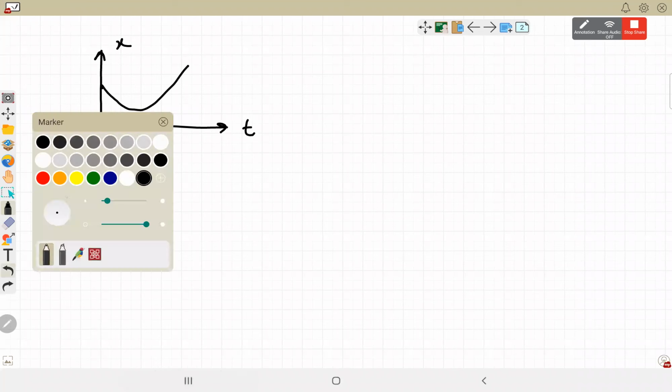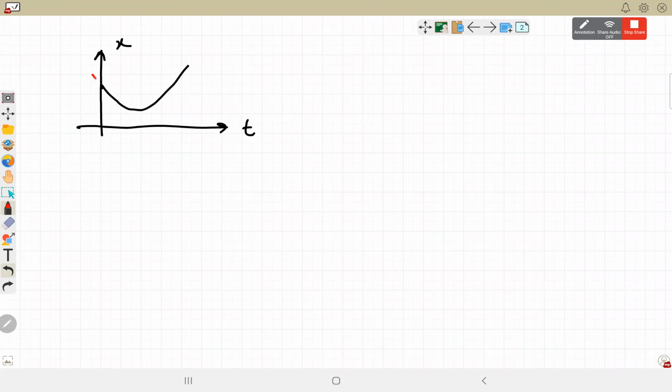But we also have to decide here the initial velocity and the final velocity, where this line will start and where this line will stop. For an upward parabola, the slope of that line will be positive, but where will it start? That will depend upon